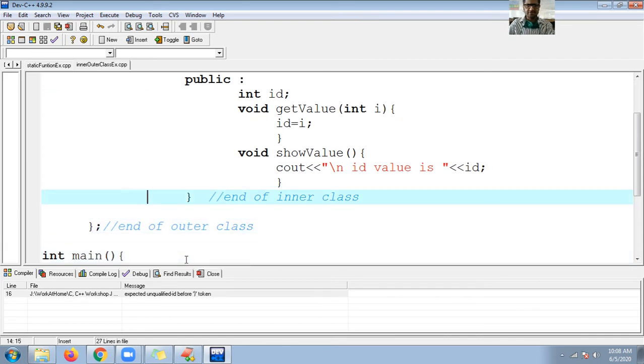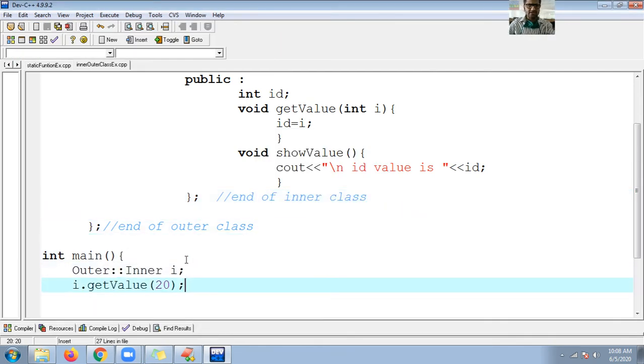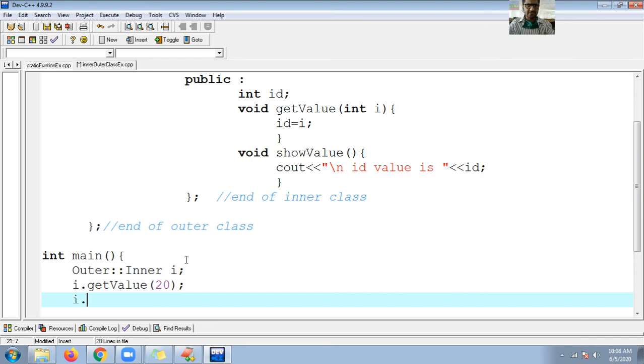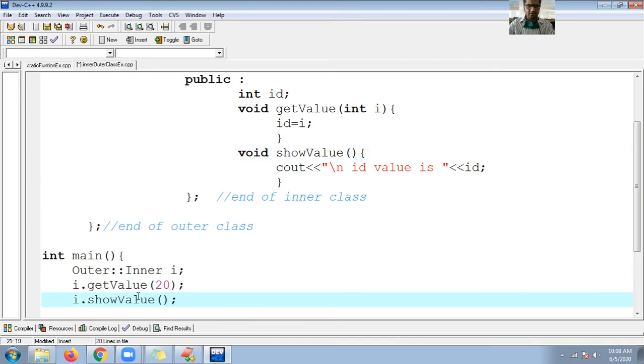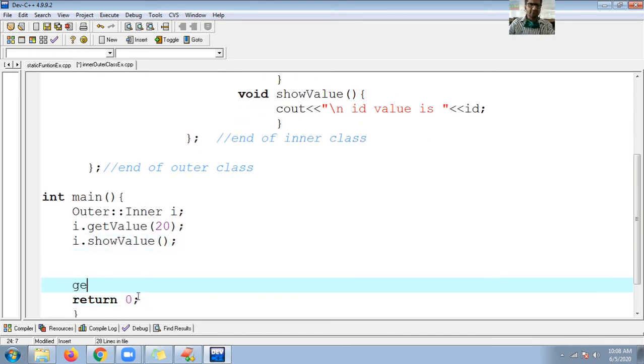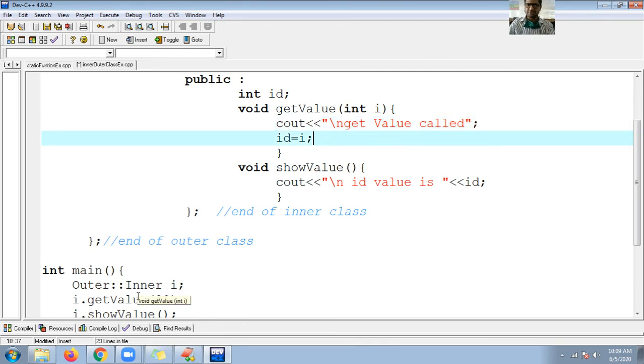So guys, here I need to mention the semicolon, right? Control F9. Now this time I don't see any error. So I am able to get the values. Next I want to show the values, so call the show value method, opening closing curly. Let me give a confirmation message: I'm from get value method called. Just for your information, I'm writing this message, and the statement ends with a semicolon.